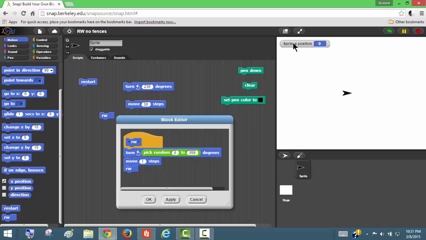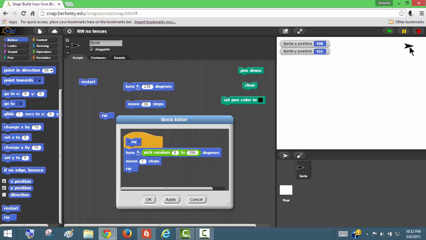That's sprite space x position. And now check this one, it gives me the y position. And sure enough, it's at 0, 0 because I just clicked restart. And remember, one of the things about restart was put it at the origin. If I drag the sprite over here, then its x position now is up to 120, and my hand wandered down a little bit, and y is -6. If I drag it up here, you can see now that the x position is 198 and the y